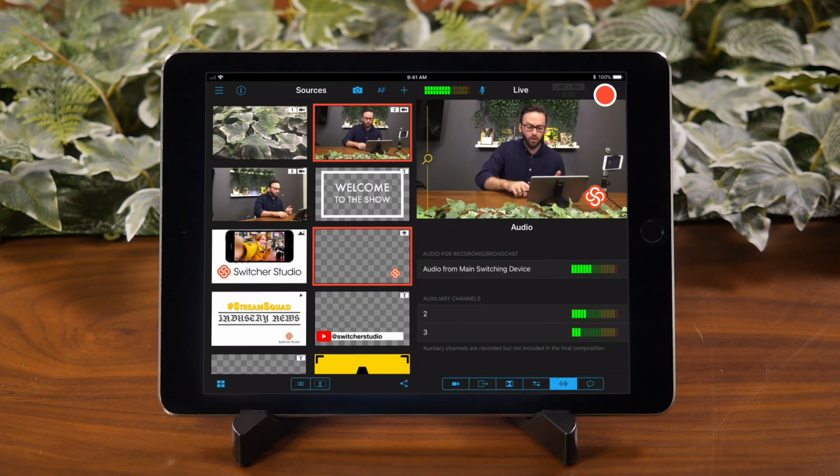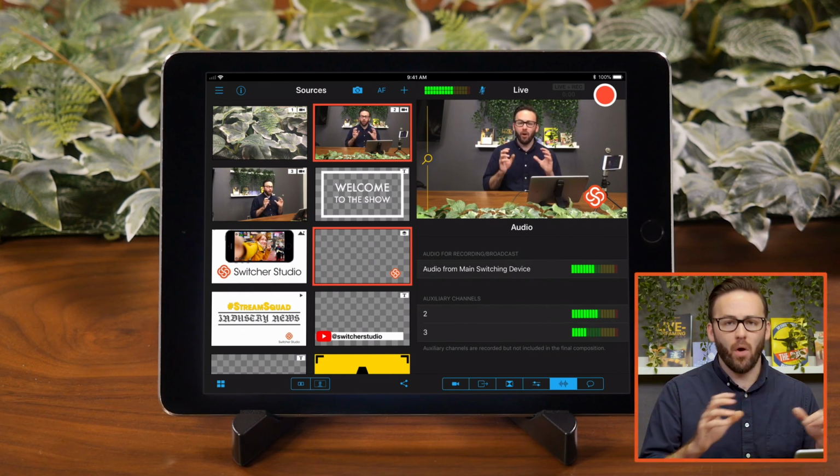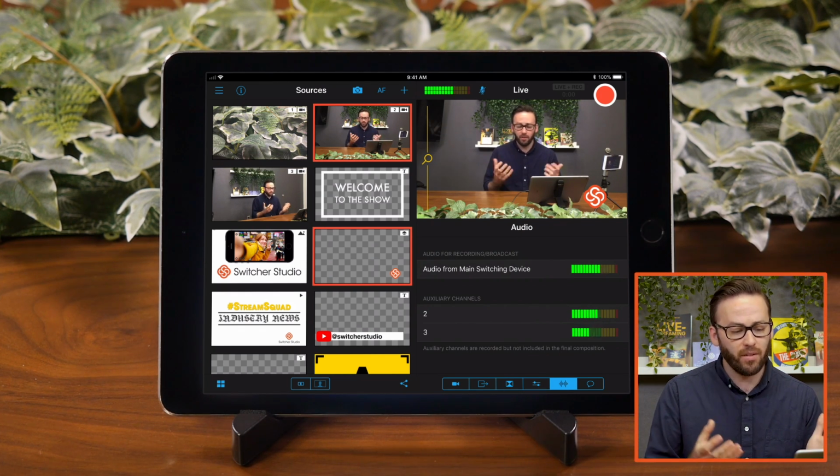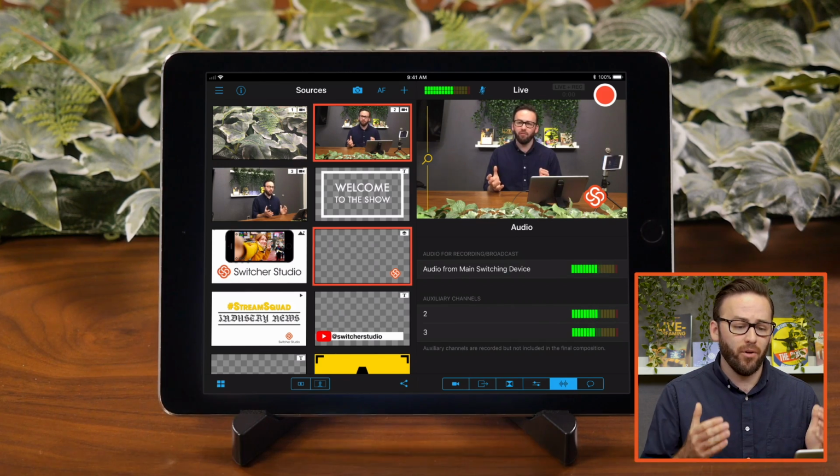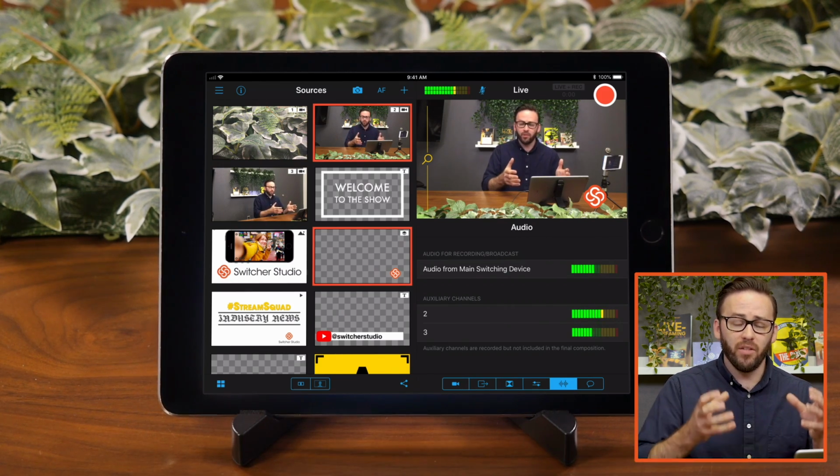All right, so let's talk about audio real quick with Switcher Studio. In the next tab next to camera control, there is an audio tab. And what we have here is the ability to monitor audio that's going in each of our devices. So the first one says audio from main switching device. So the audio on the main switching device is what goes into the program output. So what your audience is gonna hear and what's gonna be recorded to the final video is what's going into